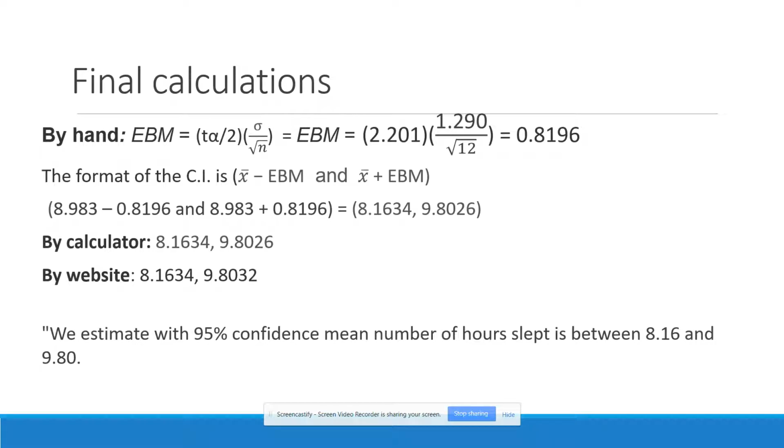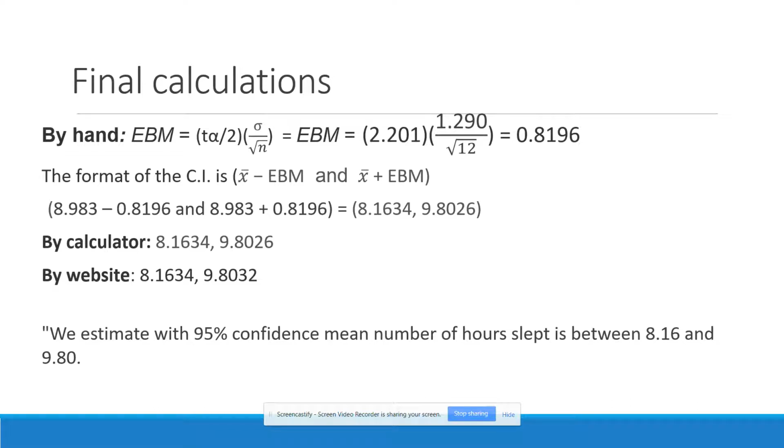So now we're going to look at, again, how we can do stuff by hand, but we're going to conclude based on the two examples that we did before. So I could do it by hand, but I'm going to tell you I wouldn't do that. I would get the information either off the website or the calculator. So for both, by the calculator, I got